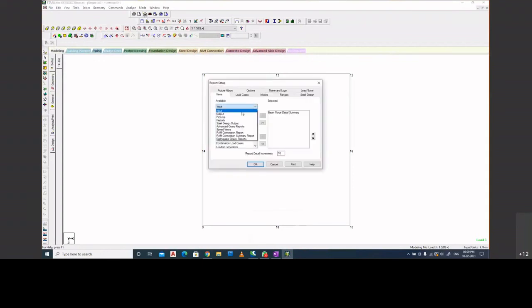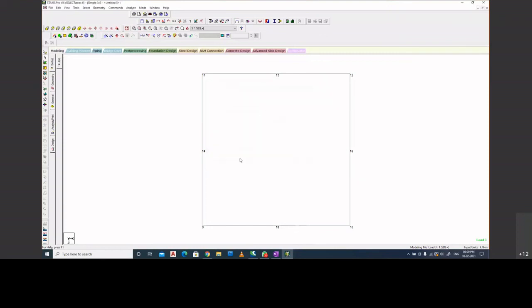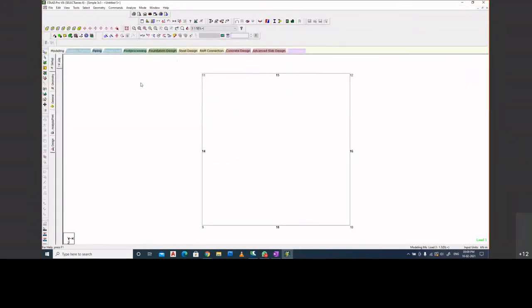Okay, in the output now you have an option of load cases. I'm not sure where it is. Reports, it is not there. So you have an option of printing load cases as well. Okay, I'll show it to you some other time maybe. Over here, you see basic load cases you have, and you have load combinations as well. So you can get this printed, and before printing, you can also check the preview from here. This is how it would look: dead load, live load, and the combination, the factor, everything. Similarly, you can export it the way we did for the last reports.